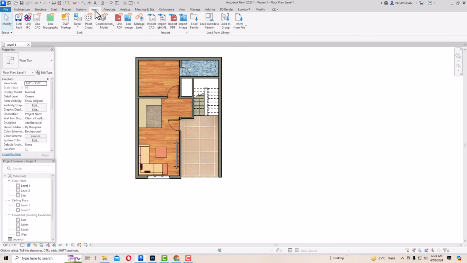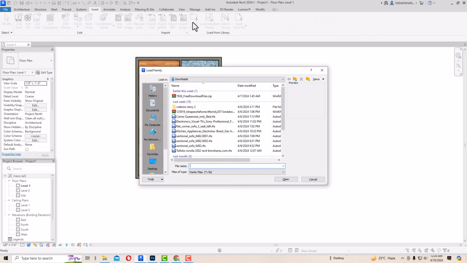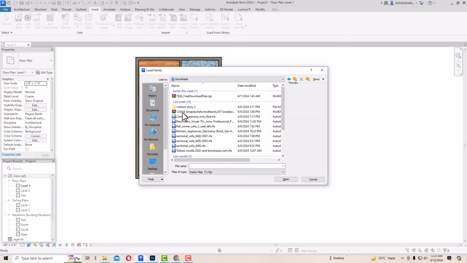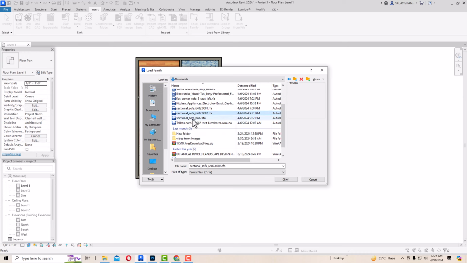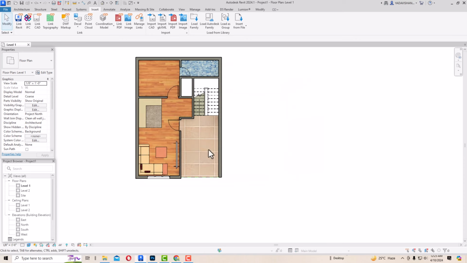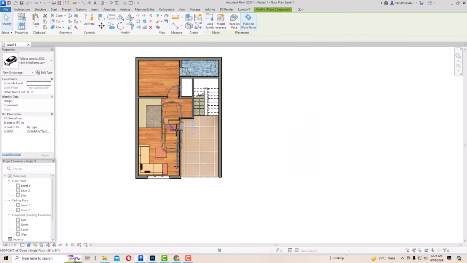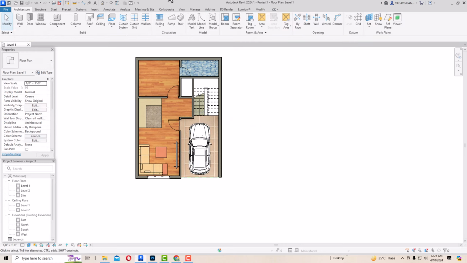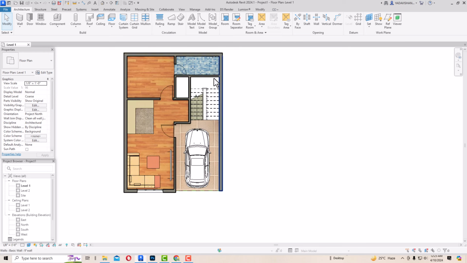So you can go to insert, load family, and I have downloaded one car model here. So you can select any car here. So I'm going to use this one for Revit. So I'm going to architecture component, and I'm going to place a car here. So you can see here, this is car is placed here,